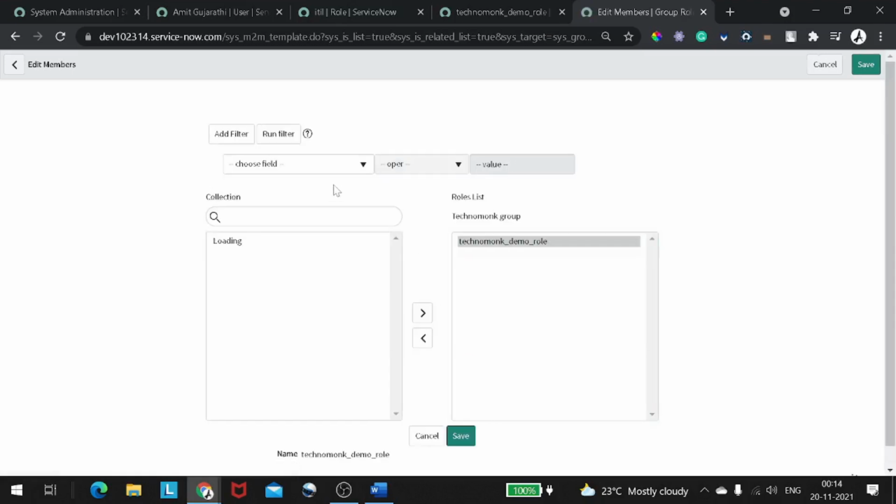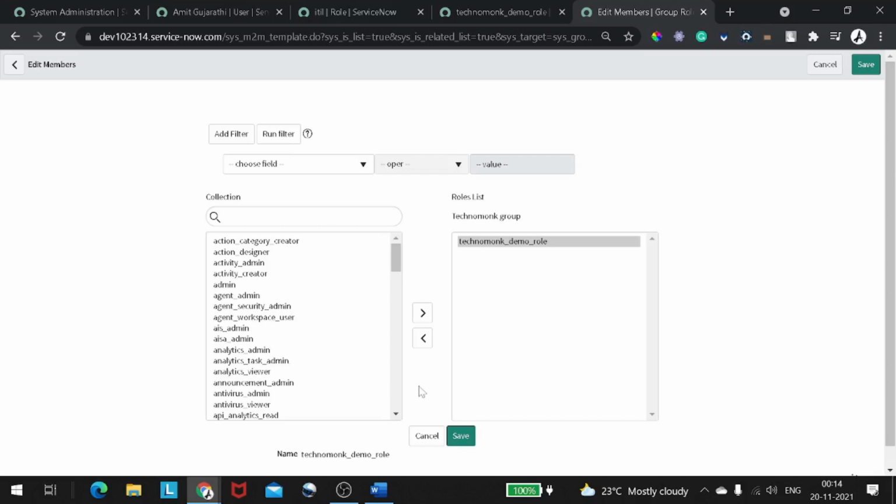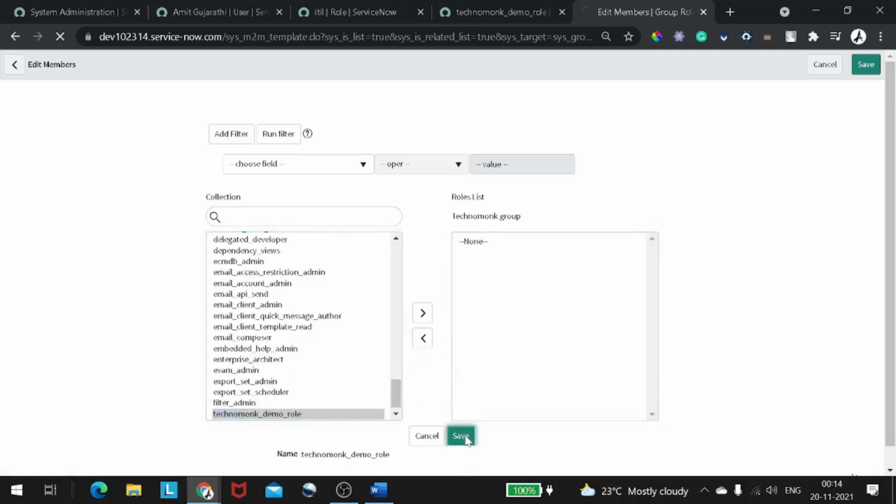Now, as when we added a user to the group, the role got assigned to the user, if we are removing the role from the group, ideally it should remove the particular role from the user profile as well. We will check that. So I will simply remove this role and save.